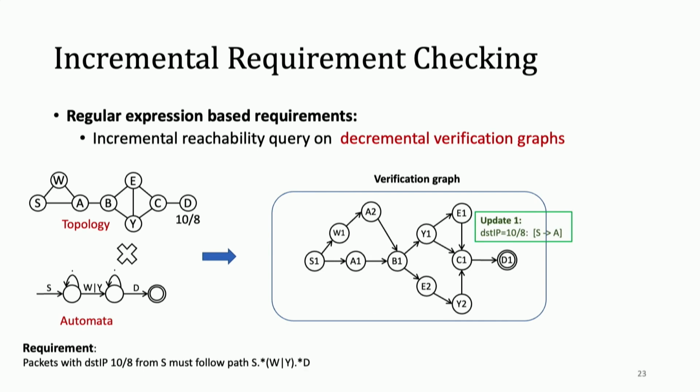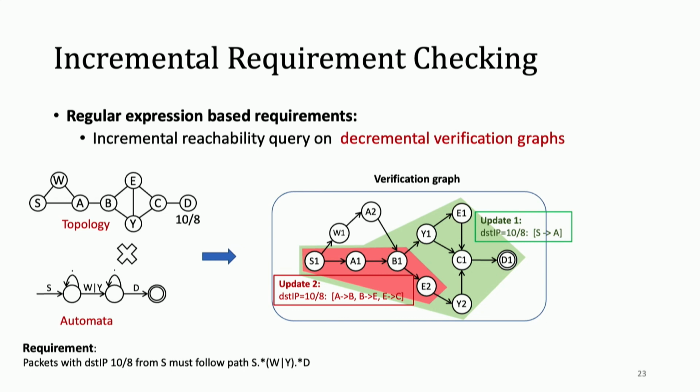So throughout the time, we receive different updates. Let's say we first receive this update, and S and A are synchronized. So we're ready to check that. This means that in the verification graph, there is a portion of the graph that we know it's possible to traverse. Then next, we receive another update with more information. Now AB, BE, EC are all synchronized, they're converged. So we can further zoom in on this node to basically limit the verification graph to a small portion. And at this point, we can already raise the alarm that the requirement is violated.